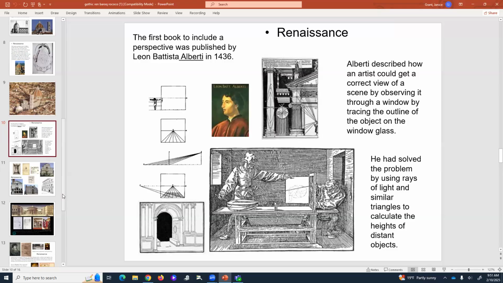But he got that idea from Brunelleschi, but was actually the author of it, which kind of makes sense because not everyone is a writer. He'd solved the problem by using rays of light in similar triangles and calculating the height of the distant objects. So he